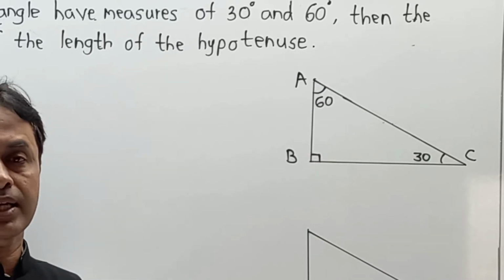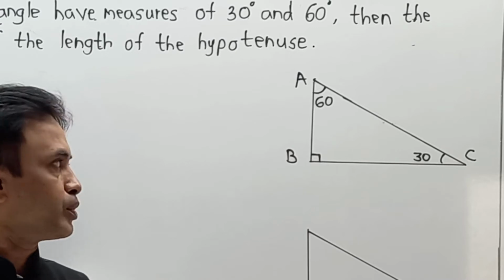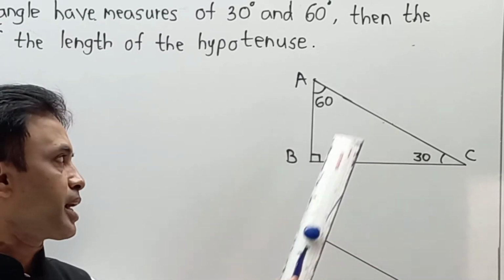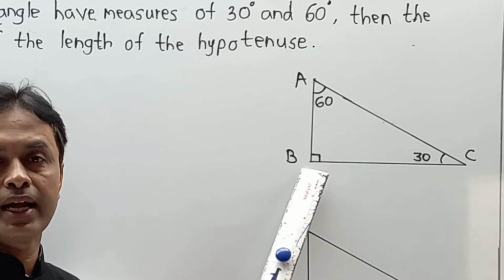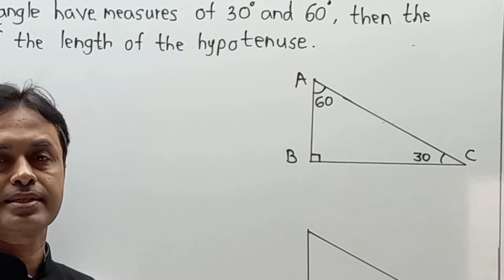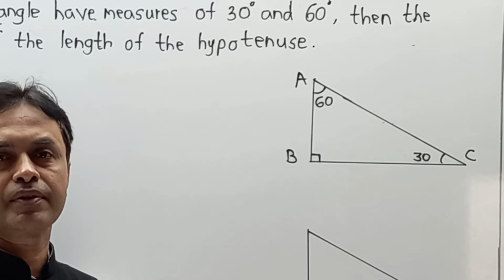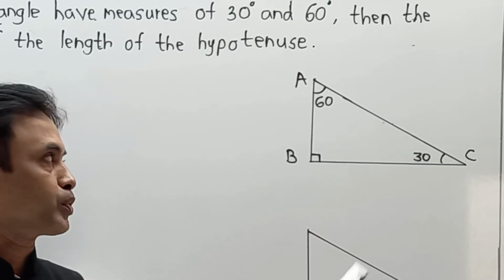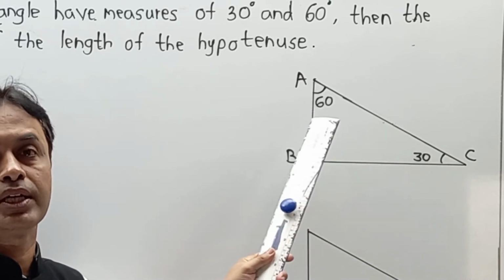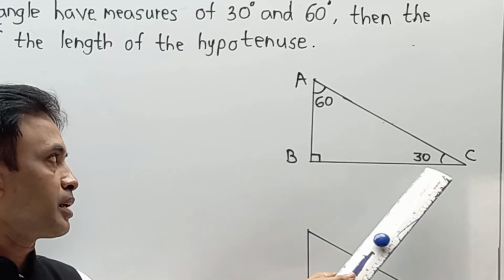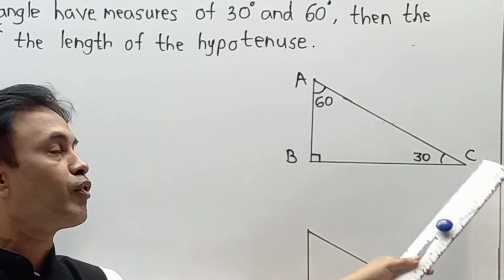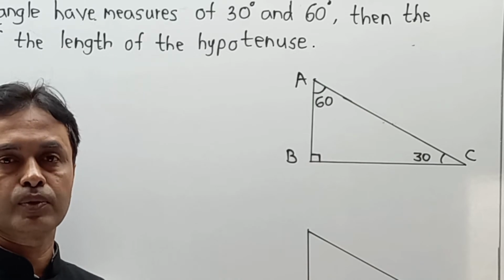Now in that case, what is given and what is to prove? First, the given: in triangle ABC, angle B is 90 degree, angle C is 30 degree, and angle A is 60 degree. That becomes given because they have given it over here. Now what to prove? We have to prove that the side opposite to 30 is half of the hypotenuse. Means we have to prove AB is equal to half of AC. That we have to prove.